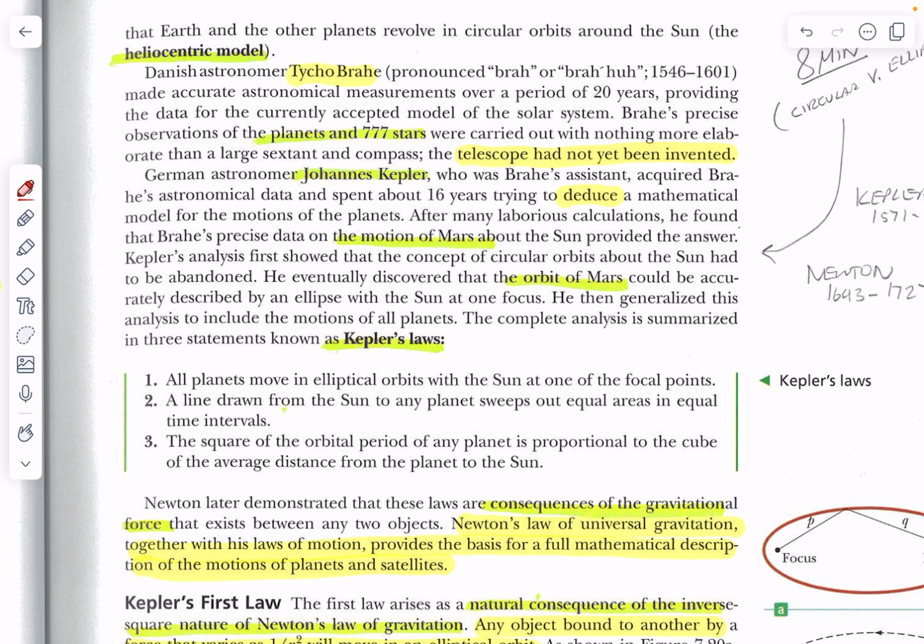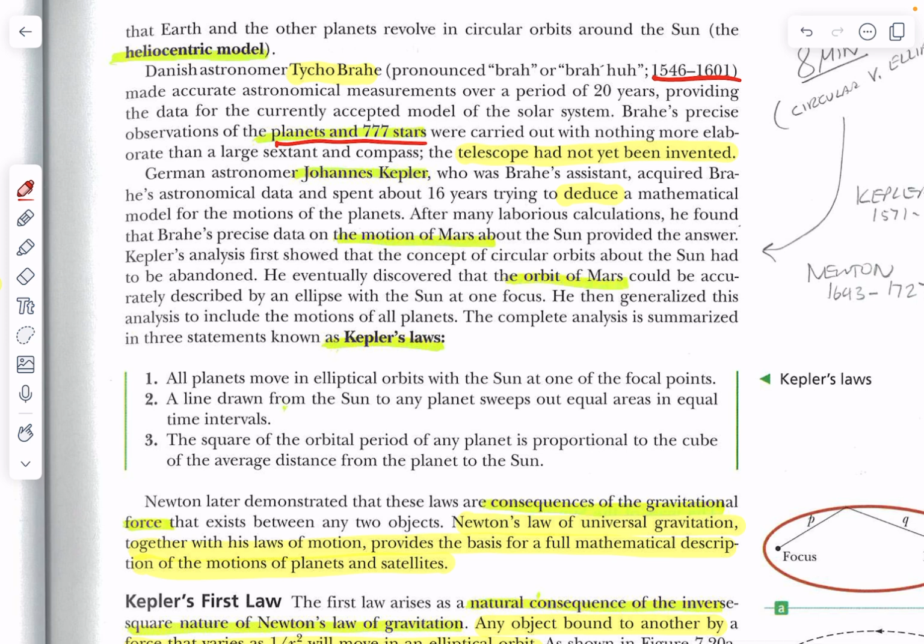And then along comes Tycho Brahe, about the same period of time, and he's making these incredibly accurate astronomical measurements over 20 years of his lifetime. He didn't live all that long. And he didn't have the fanciest of instruments back then. In fact, they didn't even have a telescope back then. But his measurements were so good of the planets and 777 stars that when Johannes Kepler came along, he said,